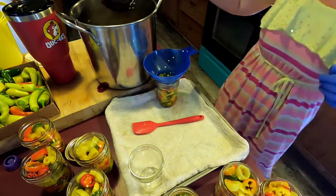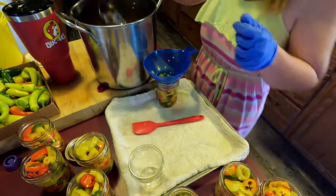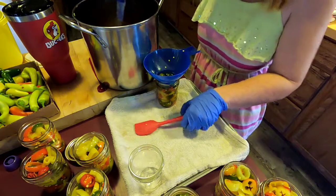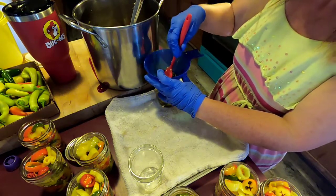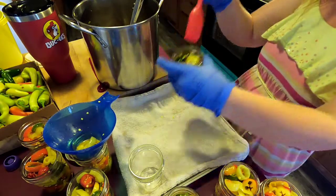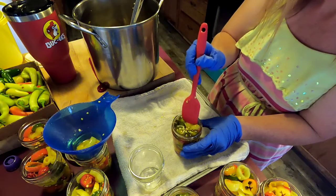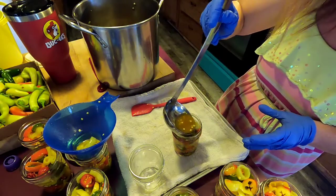We're gonna get the ladle. I need to invest in one of them ladles that is for canning. So we're gonna do the juice, which, like I said, does not take that much juice. You will see. See all that? Look at that. And you still have your 1/4 inch head space. See all that juice in there? Isn't that beautiful? So, let me just put just a little